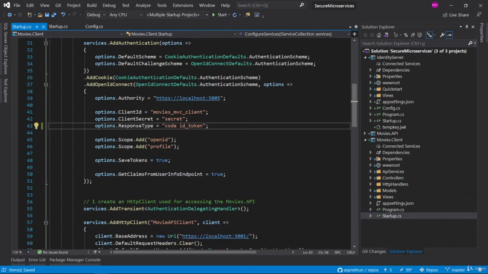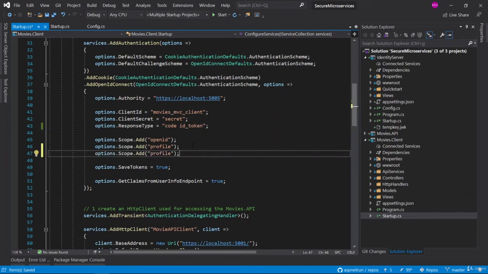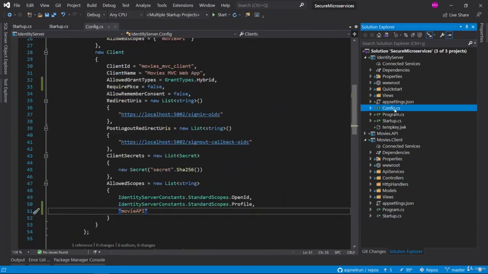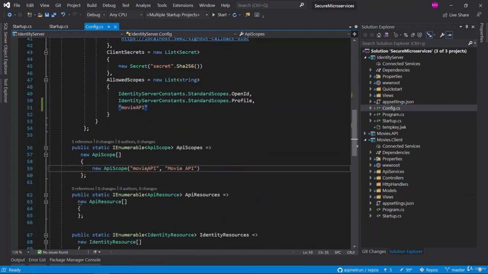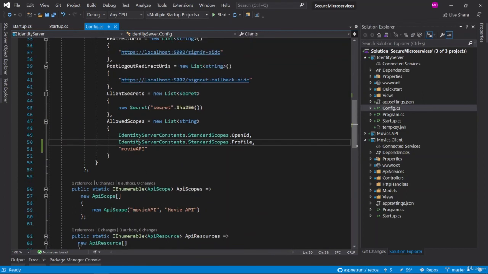And also, in the same way, we would like to add a new scope, and the scope should be the Movies API. This scope name should be exactly the same as the config of the identity server. As you can see, the Movies API scope is here, and its definition is here, in the API scopes. So the name should be exactly the same.